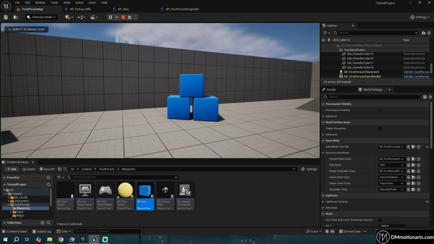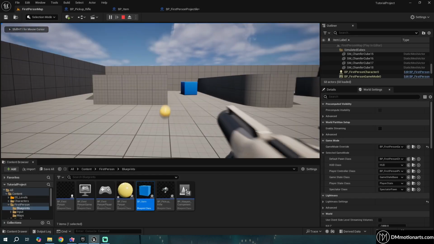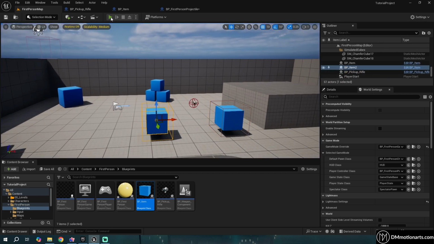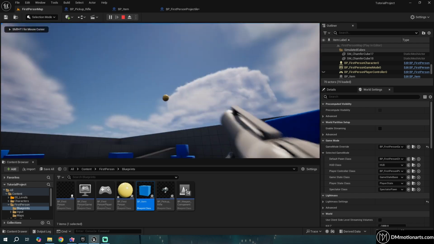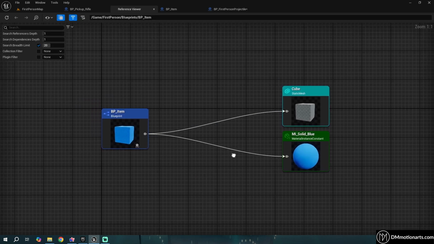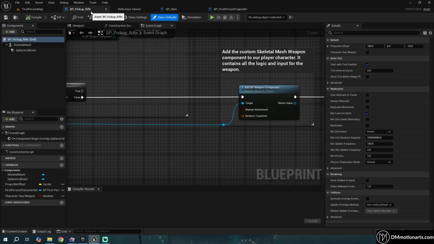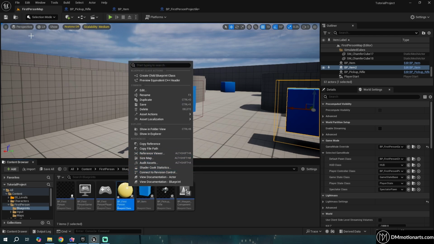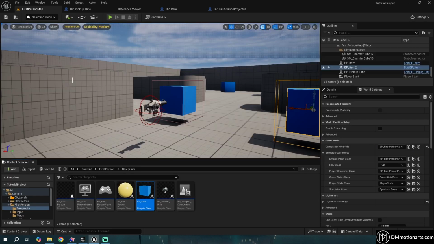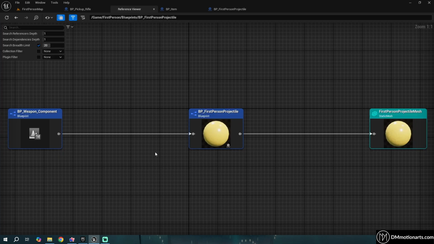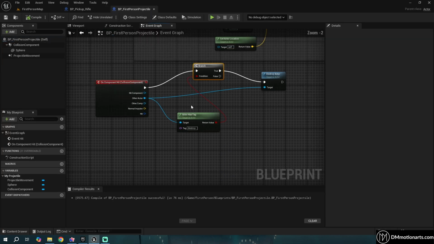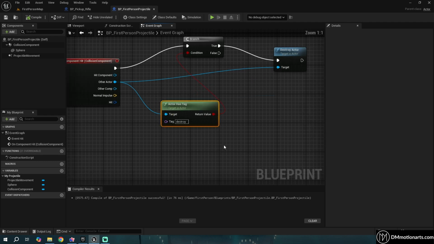Let's do preview, and now let's see. If I click here, you could see it is now getting destroyed. If I create multiple of them, they will easily be destroyed. Clicked here, clicked here. If I go into this one, go into reference viewer, you can see there's no reference for this one. If I go to my projectile, let's save everything just to make sure. Reference viewer, no reference. So it's not taking